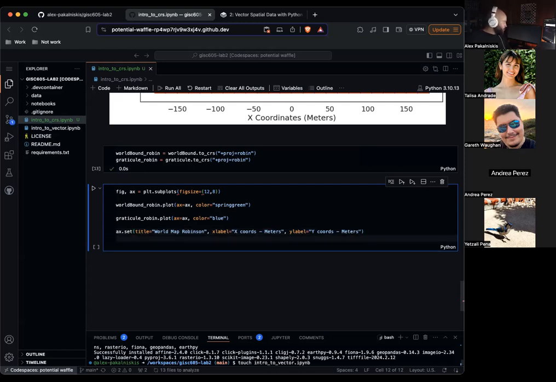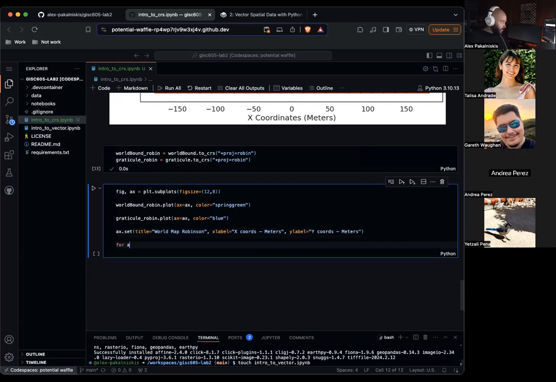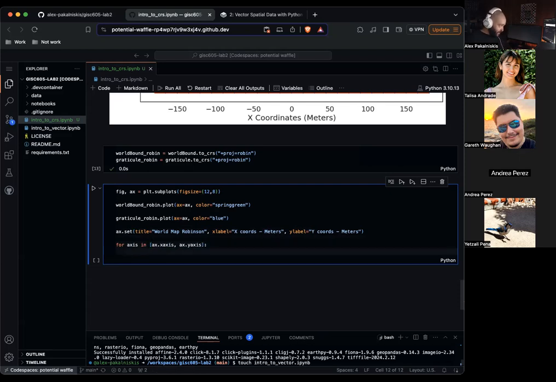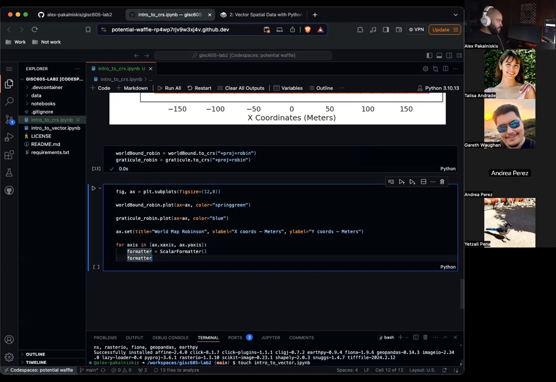And then for axis in a list of ax x-axis and y-axis, so this is like a for loop now. For the axes in the x-axis and the y-axis, let's use the scalar formatter to format that data. It's ScalarFormatter, and we're going to set it so that it is not scientific notation of the numbers, so they're a little easier to read.